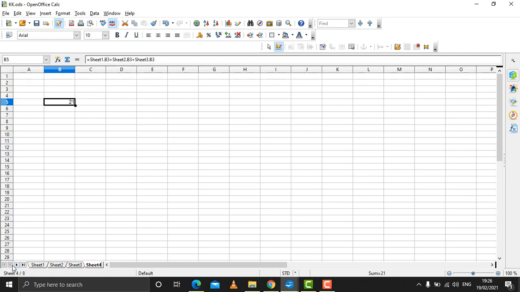See, we can do this through the keyboard quite easily. You can do it through the keyboard also, like we did with the mouse. Say for example the number is b4 and you want the total of b4 here. You first type equal to, then the name of the sheet, sheet 1 dot the cell address, say for example b4, plus sheet 2 dot b4